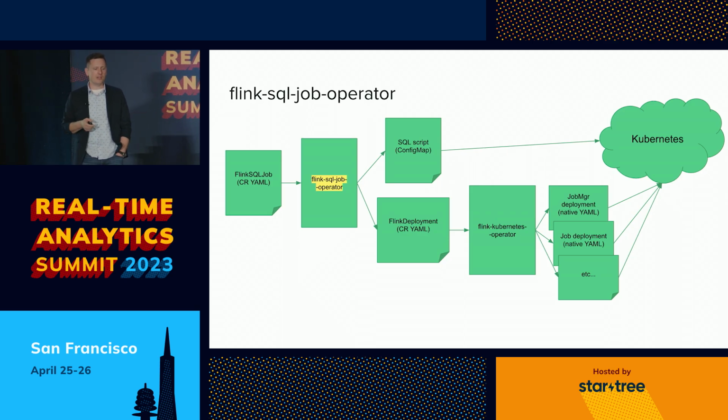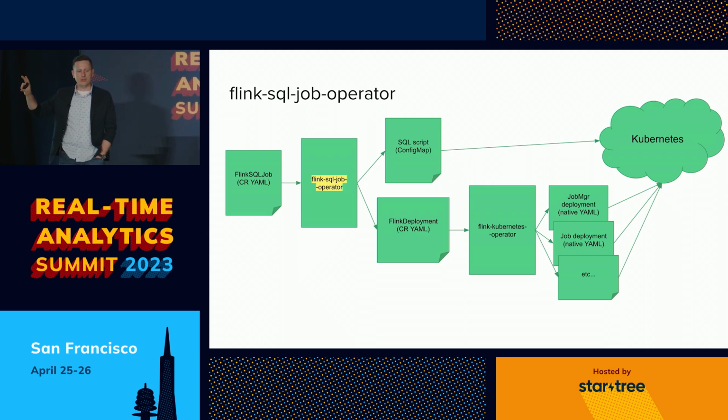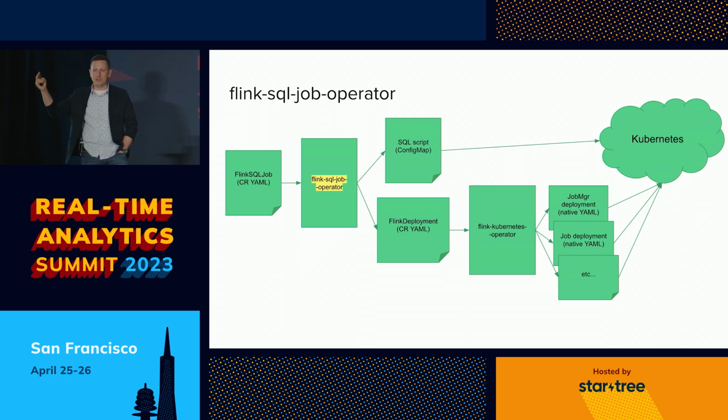So how to do this? Like I said, this involves writing a Kubernetes operator from scratch, more or less. The idea is that you write something that takes the Flink SQL job custom resource YAML and turns it into YAML or resources that Kubernetes understands natively, or that some other operator understands, which then turns into things that Kubernetes understands natively. So you have this cascade of operators, which gets really complex, and this is the direction we're going, basically.